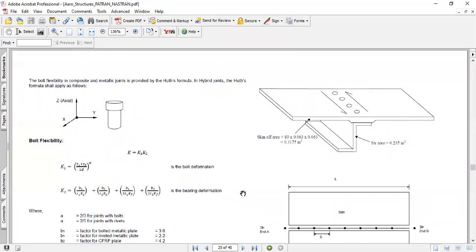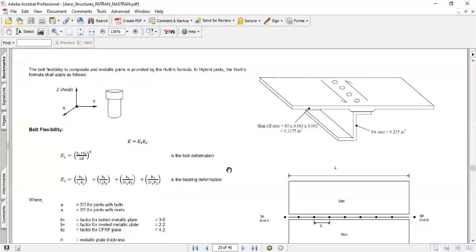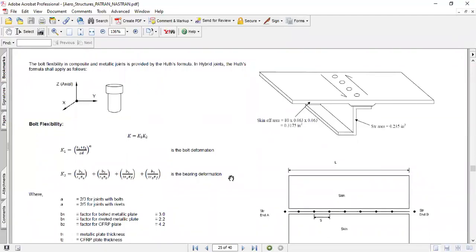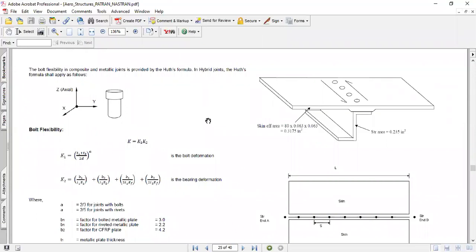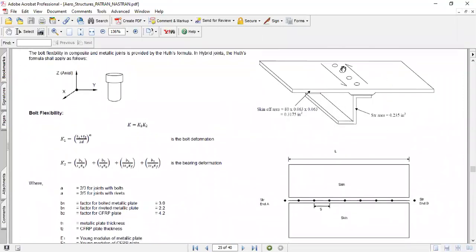So how do we calculate the properties? We use a formulation called Huth's formula for calculating the shear stiffnesses of the bolts. And for the axial ones, you already know, it's AE by L. If you look at the figure here, this is a typical skin with a Z stiffener or stringer on the aircraft wing or fuselage. The skin is mechanically fastened to the Z section.